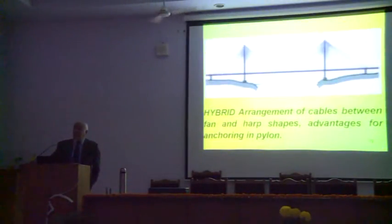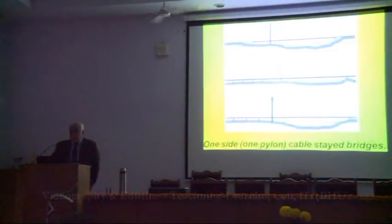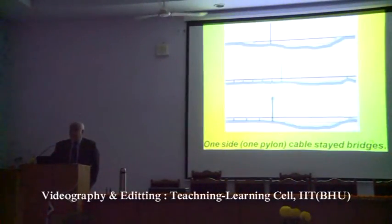This is the fan type. No, this is the hybrid, which is part cable, part fan and part harp, both. So you can replace the stays as well as still try to retain a little more beauty of the fan system. Then this is the famous